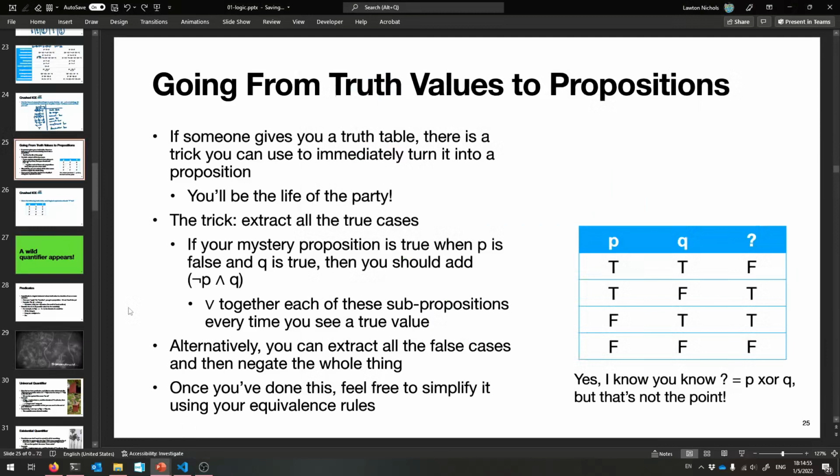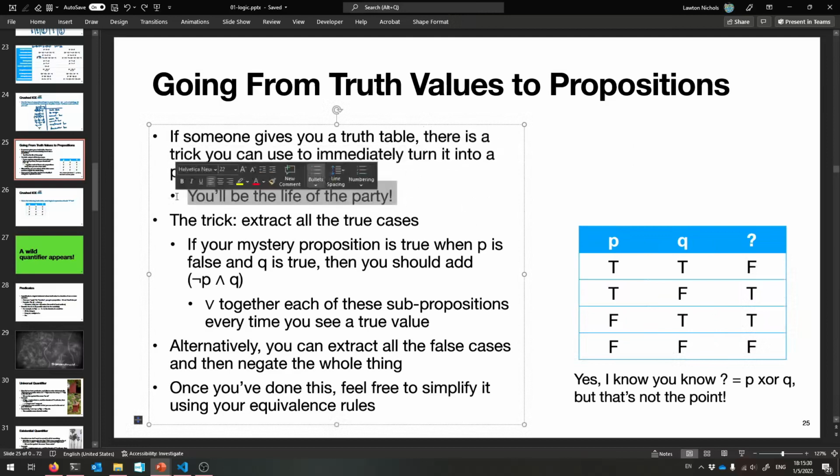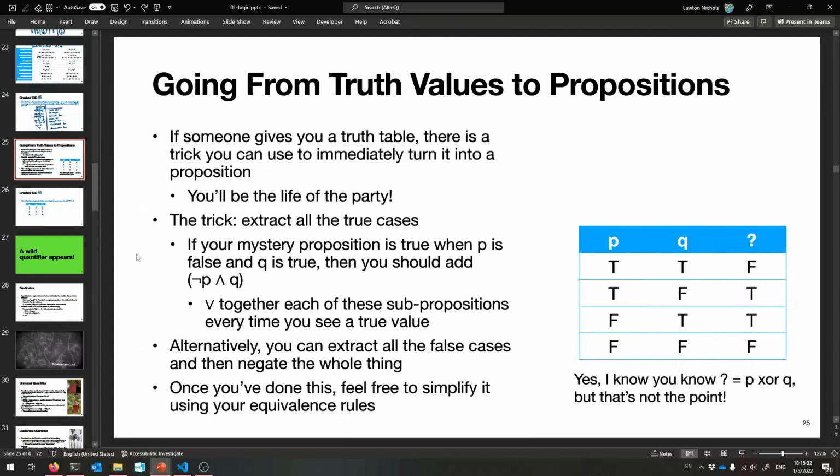The next thing that I want to show you is how to go from truth values to propositions. So kind of the opposite of what we've been doing. If somebody gives you a truth table, there is something that you can do to turn it into a proposition. So like, I know these truth values. What in the world is the proposition that makes these happen? That's what I'm trying to say. So I'll give you a trick to immediately be able to find the proposition, and you'll be so cool at parties. So the trick is,